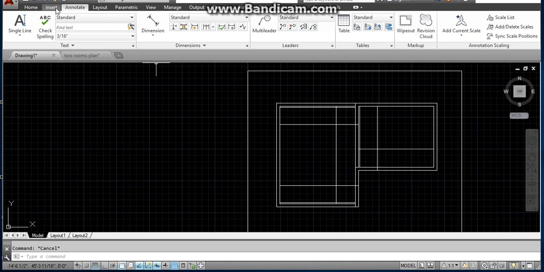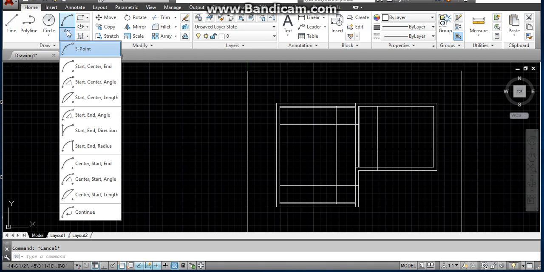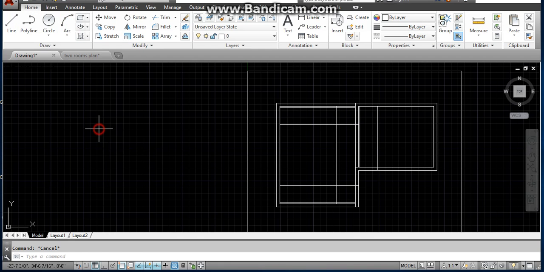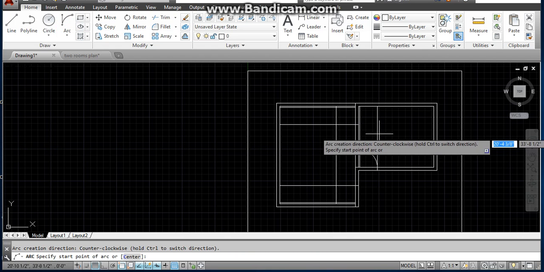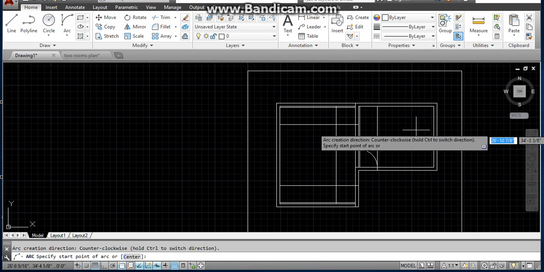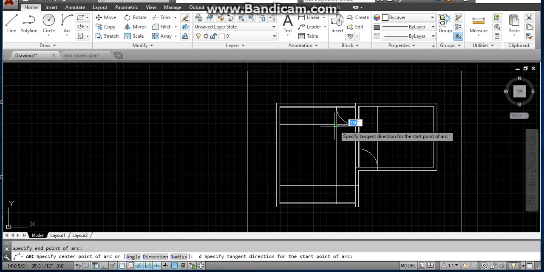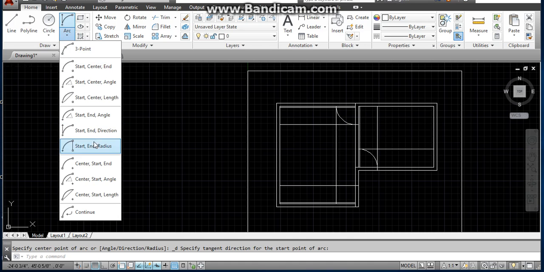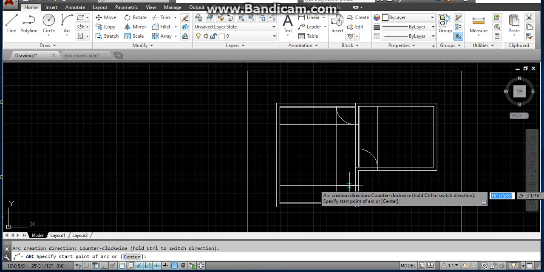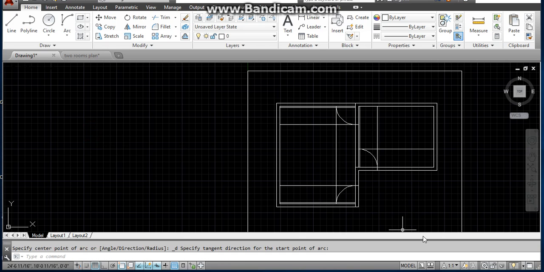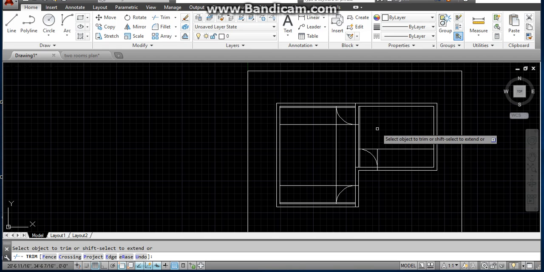Then simply from here select arc of start end direction, then making arc, door will start from here and end at here, then this is the direction. Similarly for other doors, start and direction. Then the command of trim for removing unnecessary parts, this, this, this,